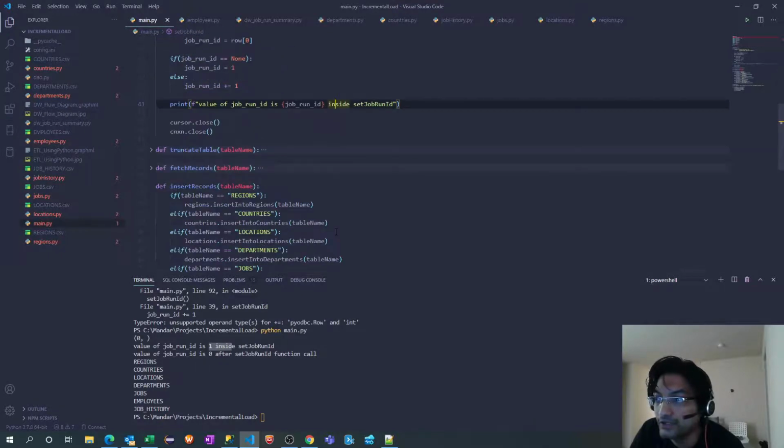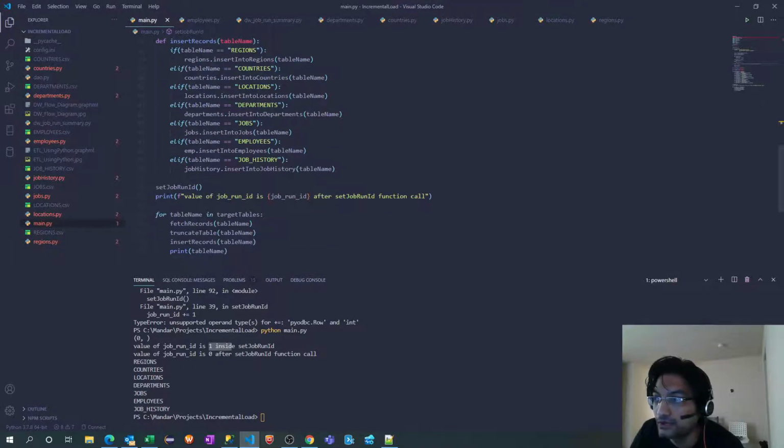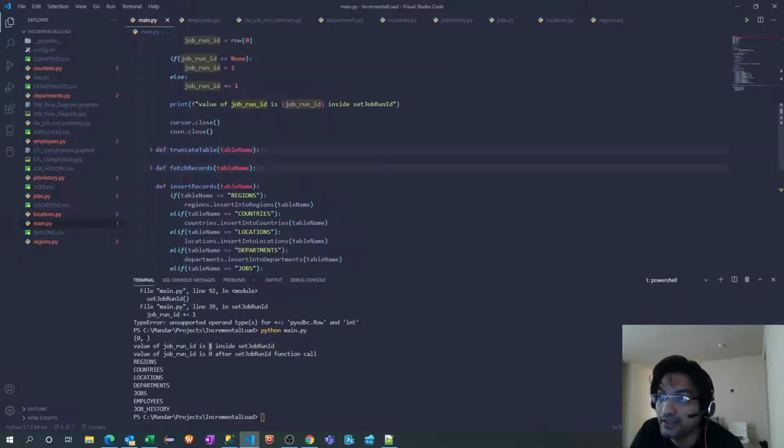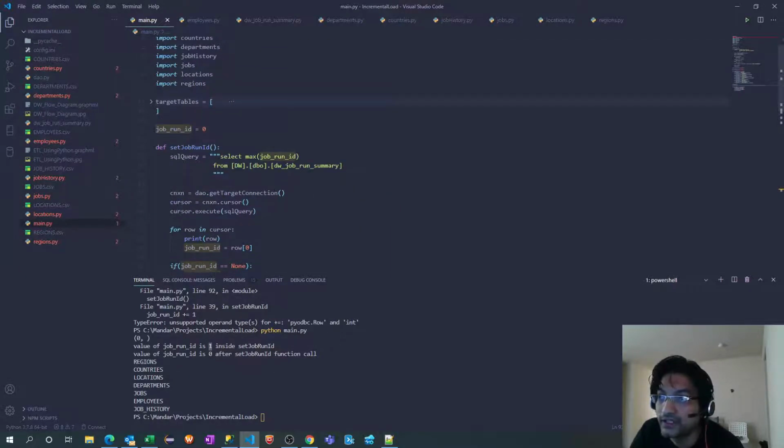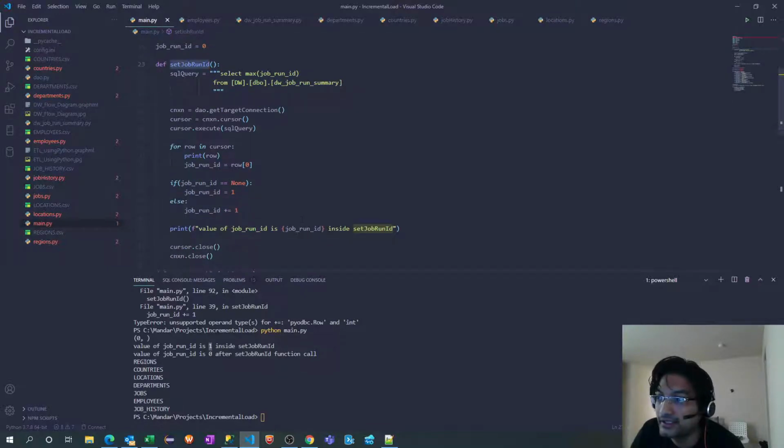But now if I scroll down, after this function call, it is printing 0. Why is that? The reason is that this job run ID is defined outside of this function, so it's global, whereas the one inside the function is not. It's creating its own local variable here.